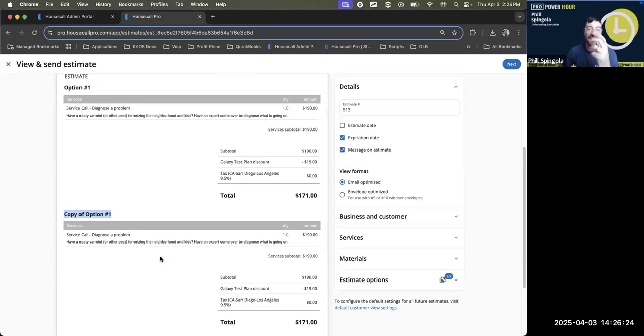So you can rename that. If you wanted to name that option two, or I've talked to some people where they say their first option is going to be the garage floors, and then the next option is going to be the kitchen floors, things like that.